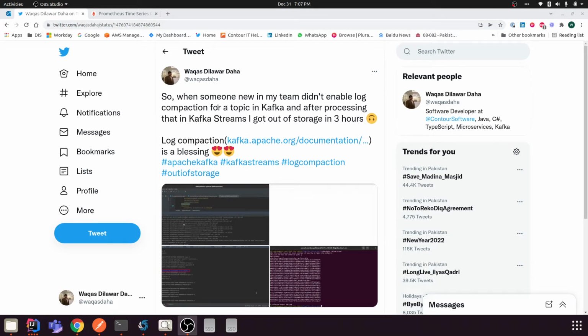Okay, so today we are going to talk about Kafka streams and log compaction, and it's a very important thing. A few days back, when I came back from my holidays, someone new in my team had to work on the Kafka streams, and he had to create some topics. He had done a marvelous job of completing that Kafka streams related work, but when I tried it,